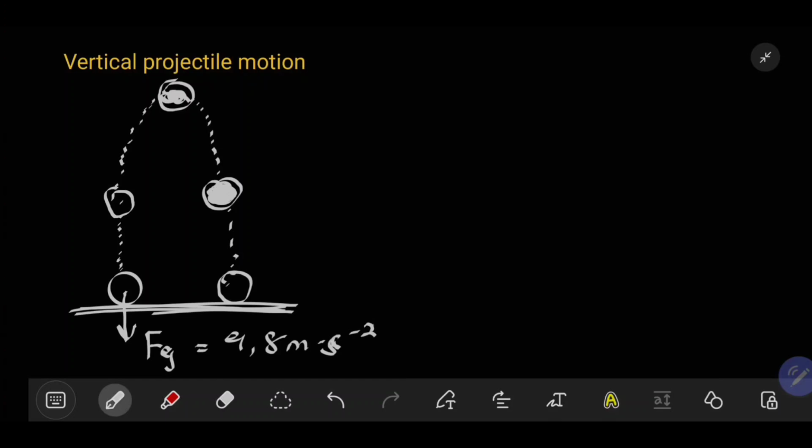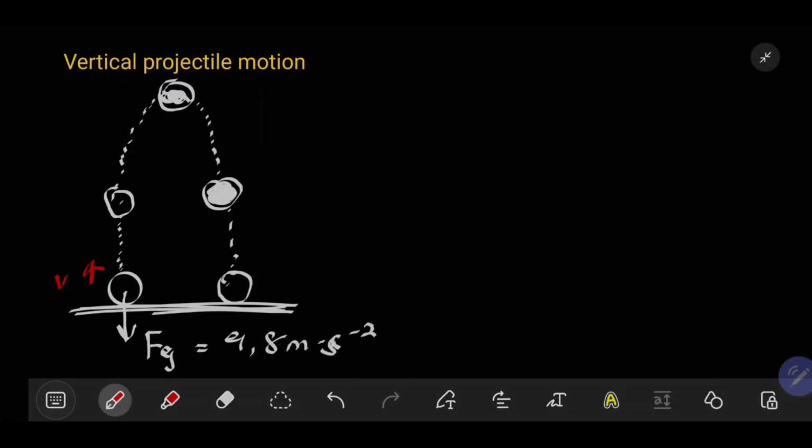Because now we throw this ball at a velocity v, going in that direction, and gravity is trying to pull the ball back to the ground. So as the ball goes up, its velocity is no longer the same as when it was thrown. It starts to decrease slowly